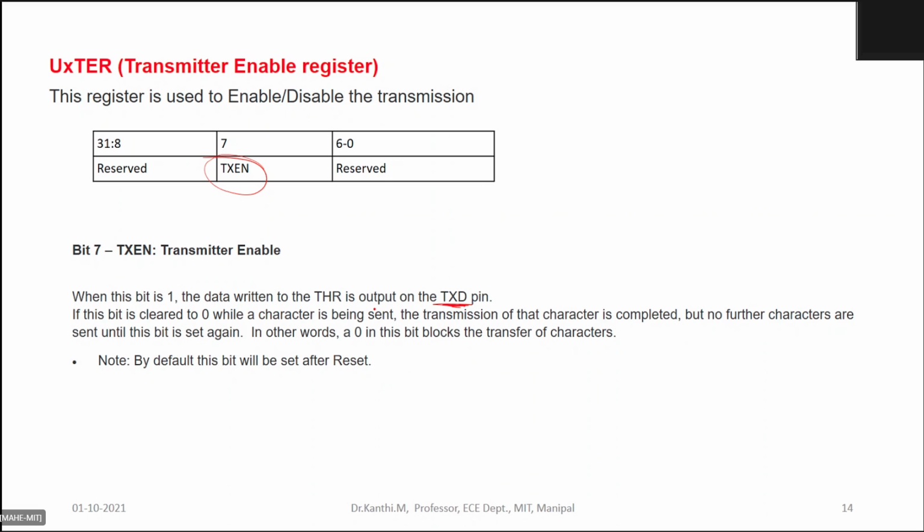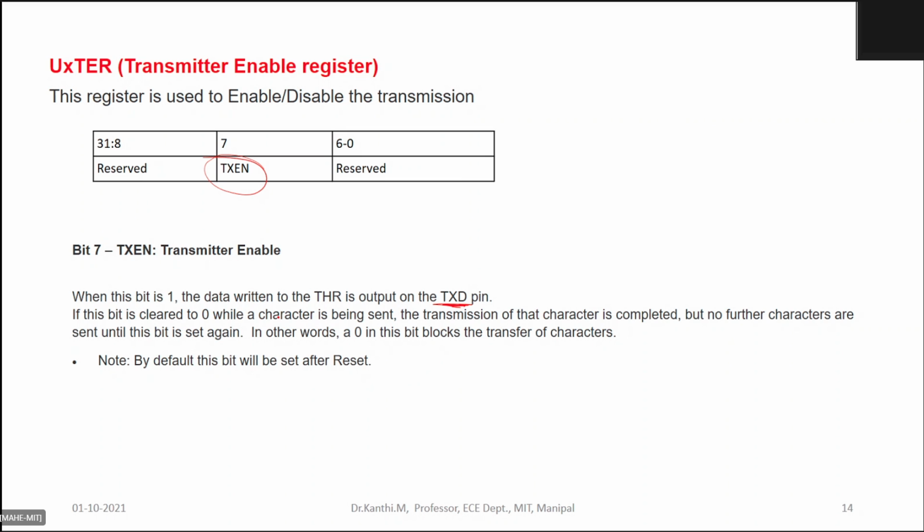You know that in the UART we have TXD and RXD pins. So the data which you are transmitting, you load in the transmit hold register, and bit by bit it will be sent through your TXD pin. When it is cleared to 0 while a character is being sent, the transmission of that character is completed. Okay.